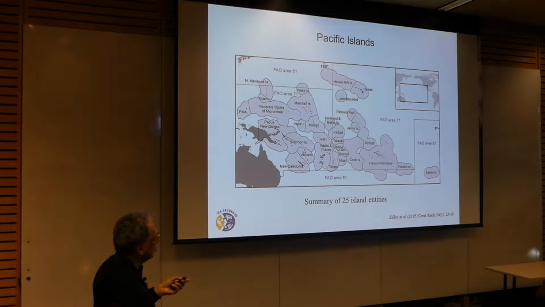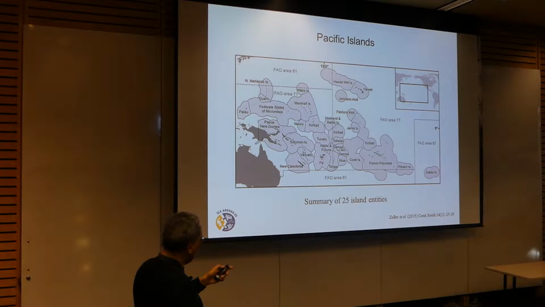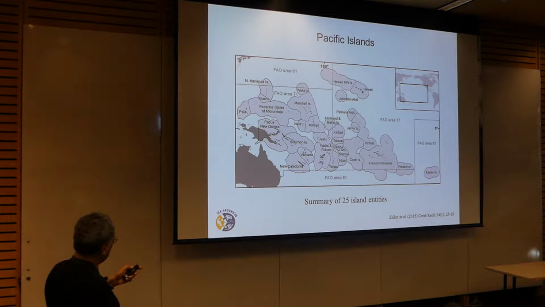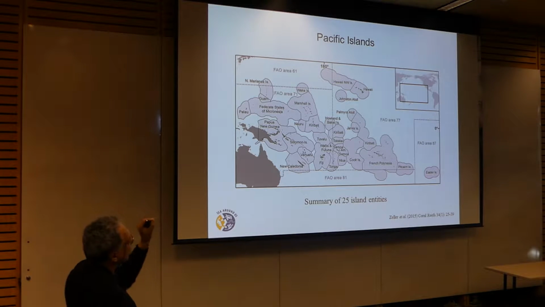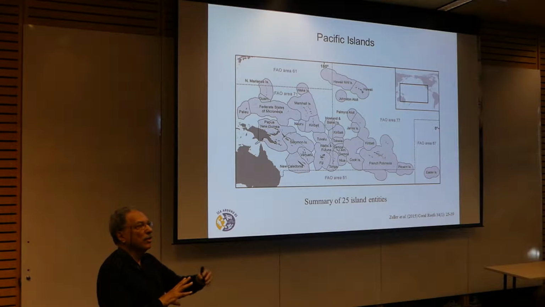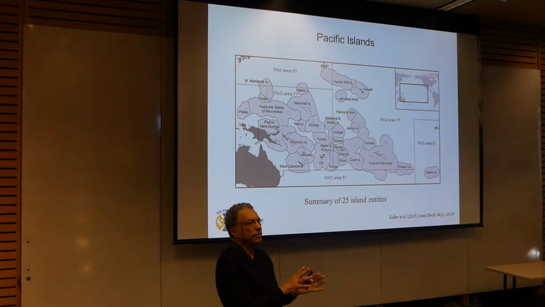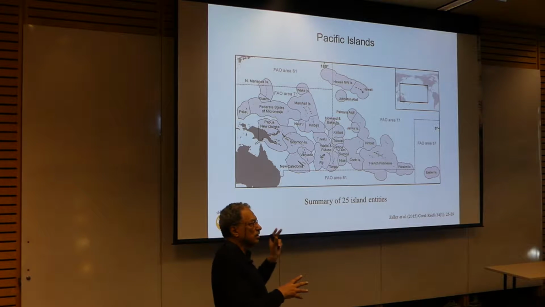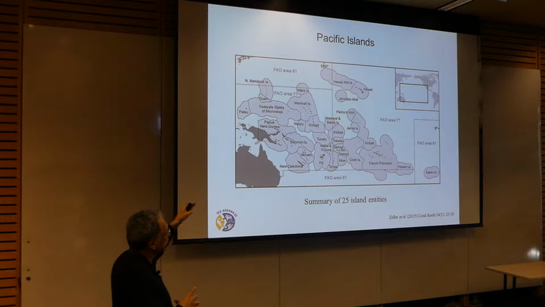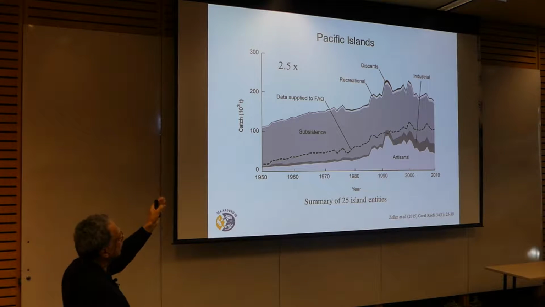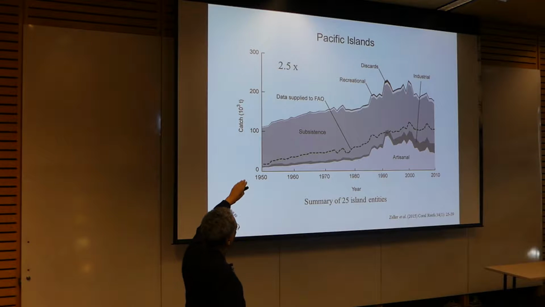Then we have done all of these island entities, including Easter Island, with the Moas and so on. And we have done all these things, and all of them are independent of each other. It's not a series of numbers that are applied to all of these things. Each reconstruction is done preferably with people from the countries, but they're always independent. And this is the result, 2.5 times as much as